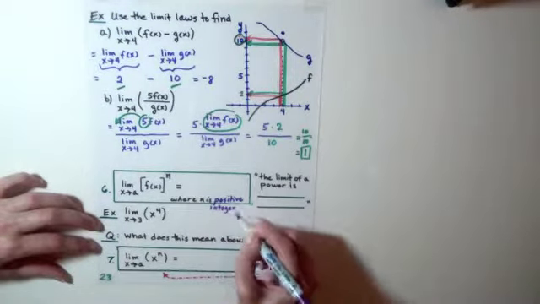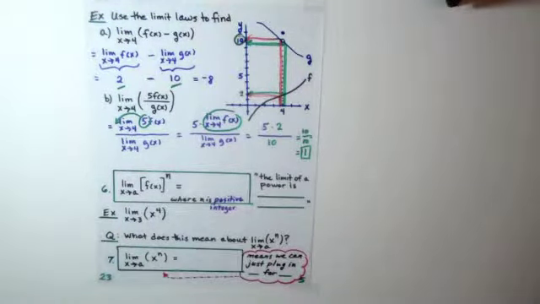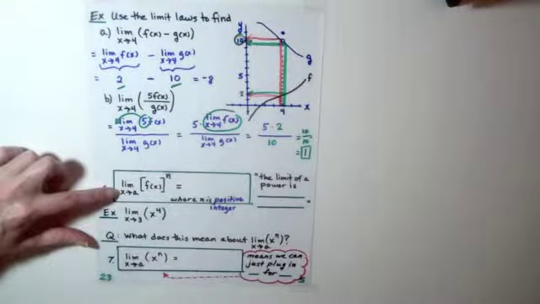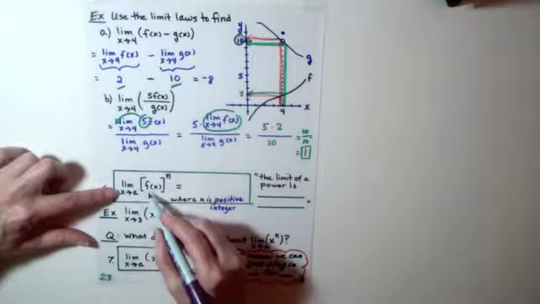So n is something like 1, 2, 3, 4, 5, and so on, where n is a positive integer. It turns out that this power law works over a much larger class of numbers than positive integers, but for right now we will just say let n be a positive whole number. What this power law says is that the limit as x approaches a of f of x raised to the n